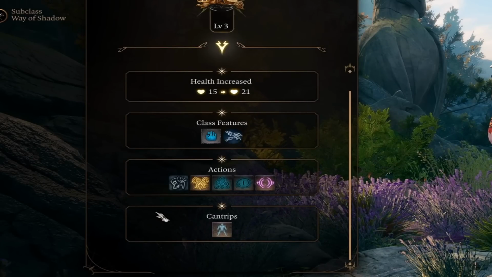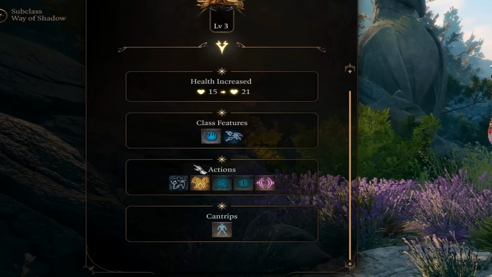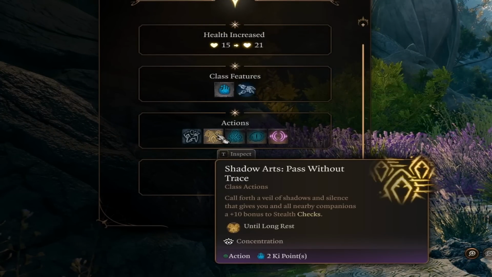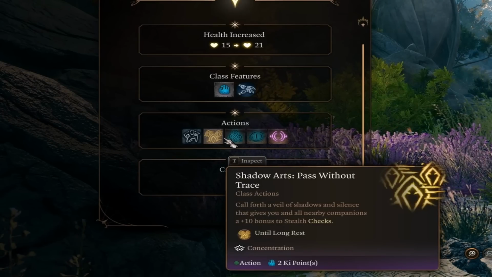We'll also pick our subclass here, the Way of the Shadow, which grants a few spell-like abilities, though at a hefty cost of 2 Kai each. Pass Without a Trace gives your whole party plus 10 to stealth, which may let you sneak around easier. However, in my time of playing the game, I have never had to use this, because of the way stealth